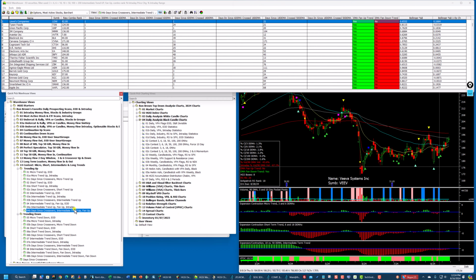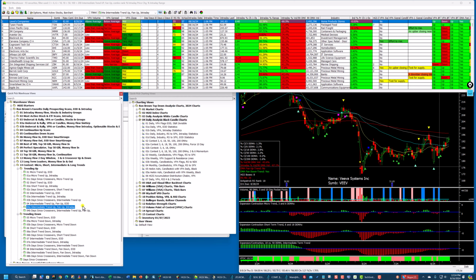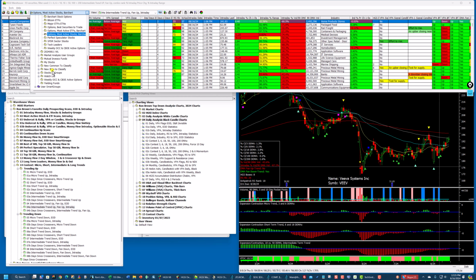But the strongest stocks are either up. The strongest trending stocks, either up or down, are going to be intermediate term with the fan up, or on the downside with the fan down. Now there are a lot of uses for this. Let's say you're interested in,